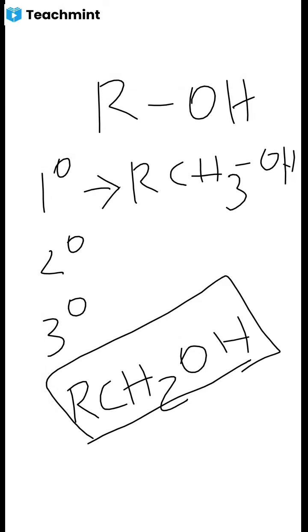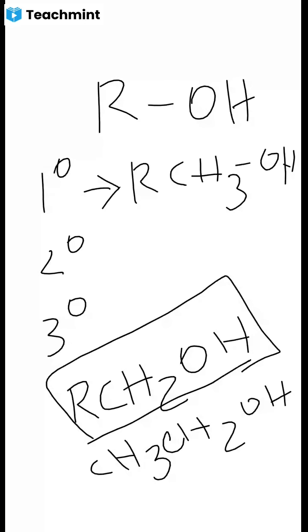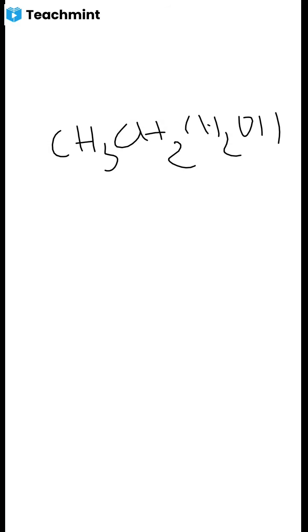கண்டிப்பா அதுல ஒரு R இருக்கும், alkyl. For example, CH3CH2OH. This is ethyl alcohol, you know. Ethyl alcohol also contains one alkyl group, so it is also a primary alcohol. Next one, propyl alcohol, CH3CH2CH2OH. Propyl alcohol also contains one alkyl group, so it is also an example for primary alcohol.